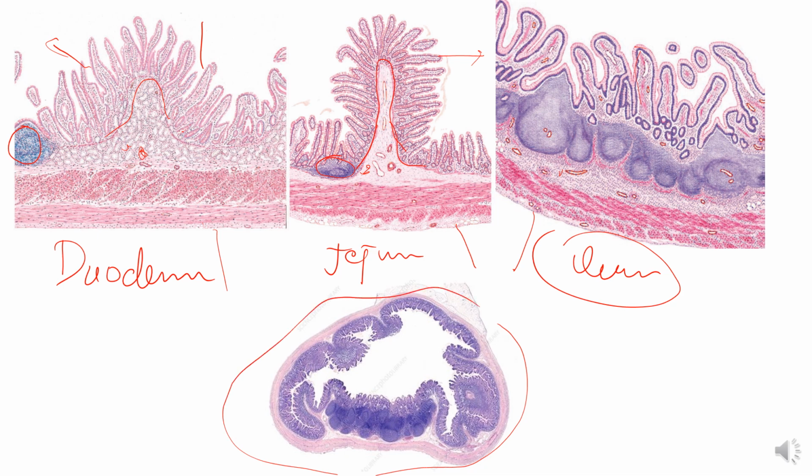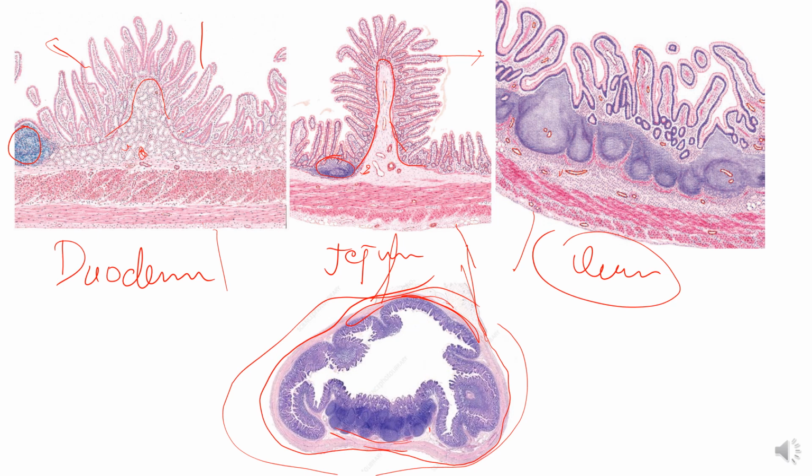Now this is very important to recognize that Peyer's patches are only present at the anti-mesenteric border of the ileum. Now this is the mesentery. What is mesentery? This is the fold of peritoneum which is covering the organ here, like that. So this is the mesenteric border of the ileum, while this is the anti-mesenteric border of the ileum, and Peyer's patches are present only in the lamina propria of the anti-mesenteric border.